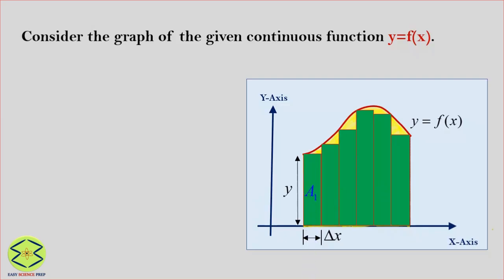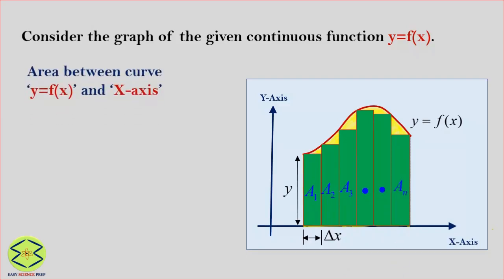So the area of the first rectangle is given by a1, which is the product of y and delta x. Similarly, area of second rectangle is a2, third one is a3, and that of the last rectangle is an. So we can find out the area between the curve y is equal to f of x